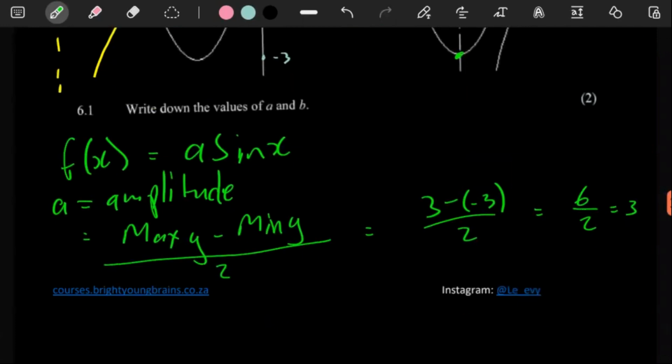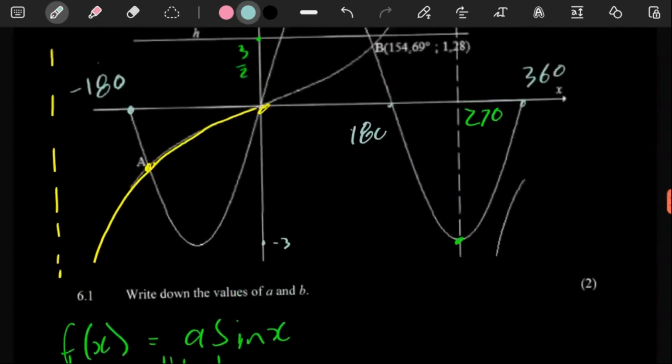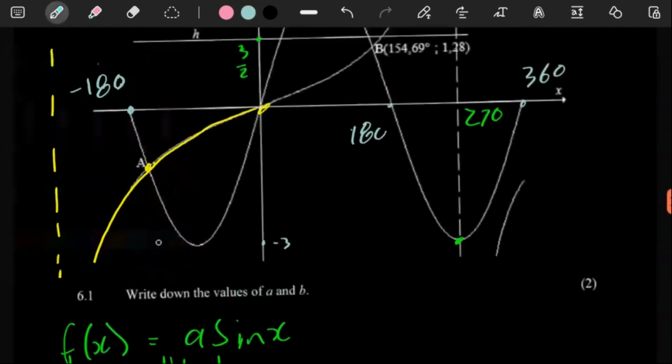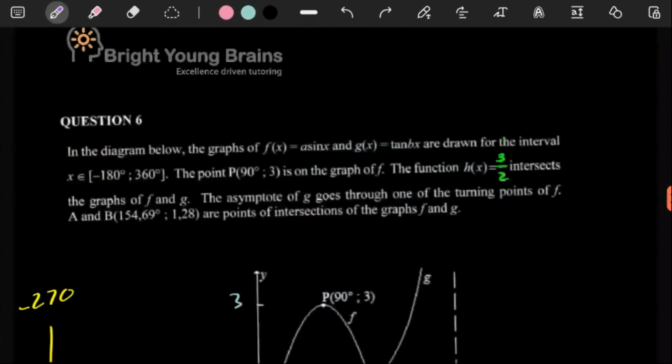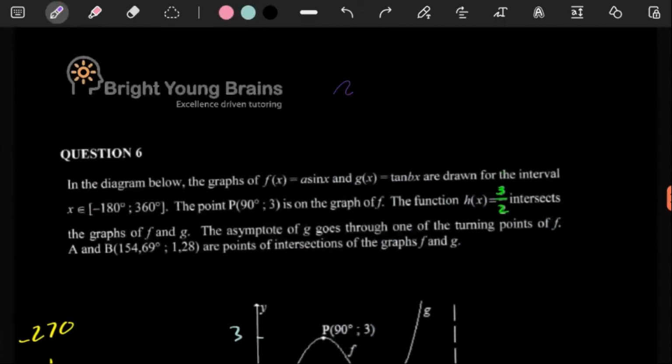Amplitude is a 3, right? Because of this formula. So a is a 3. That one is simple. With b, however, b is clearly the frequency of your tan graph. Now, frequency of a tan graph, you have a formula, right? Frequency